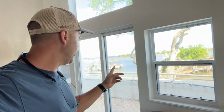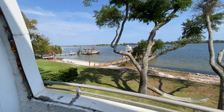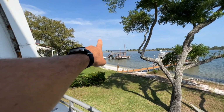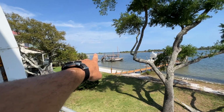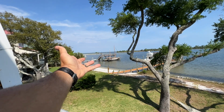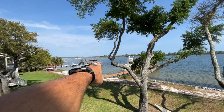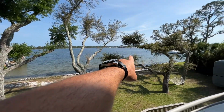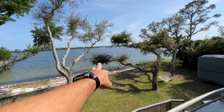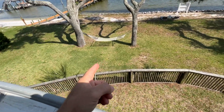So I'm just walking in. Got this balcony, this crazy view right here. Look at that. You've got the Pensacola Three Mile Bridge right there. Got White Island right there, which is a deserted island, sand island, whatever you want to call it. The sand is white, that's why they call it that. Straight out to Pensacola Bay right there. Got your own dock that can be right there. Hammock,